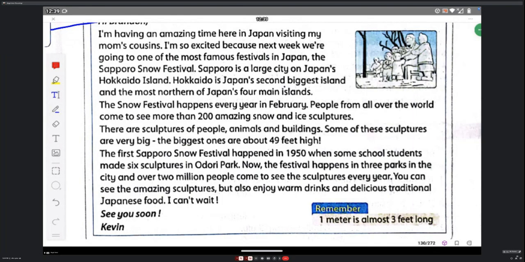I can't wait. I cannot say I cannot. I can't wait. Sometimes it's followed by the ing form. Sometimes it's followed by to plus verb, the infinitive. See you soon, Kevin. Now we were talking about